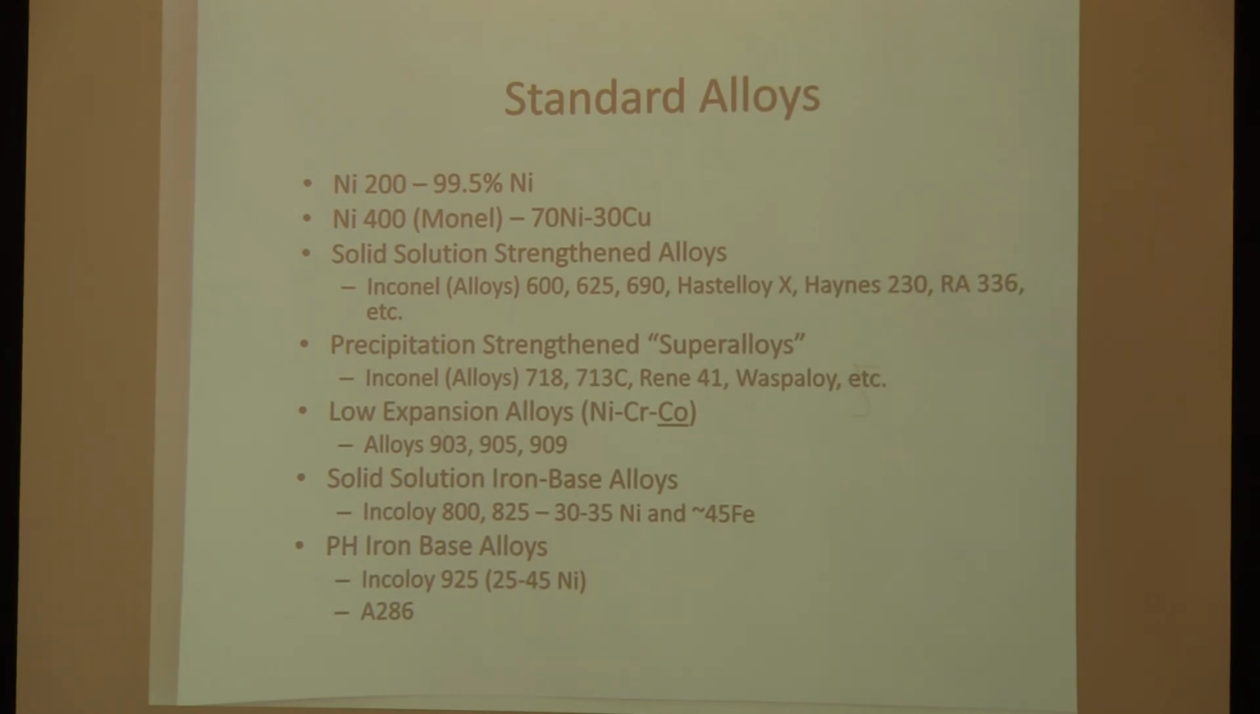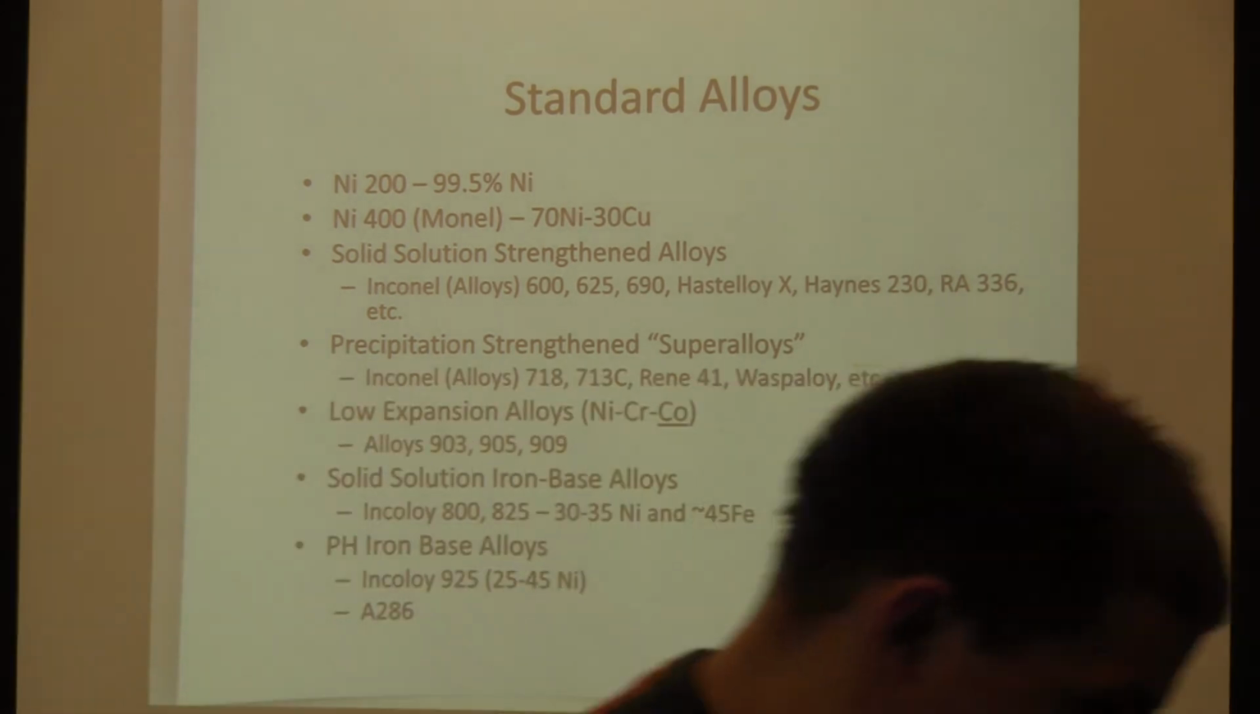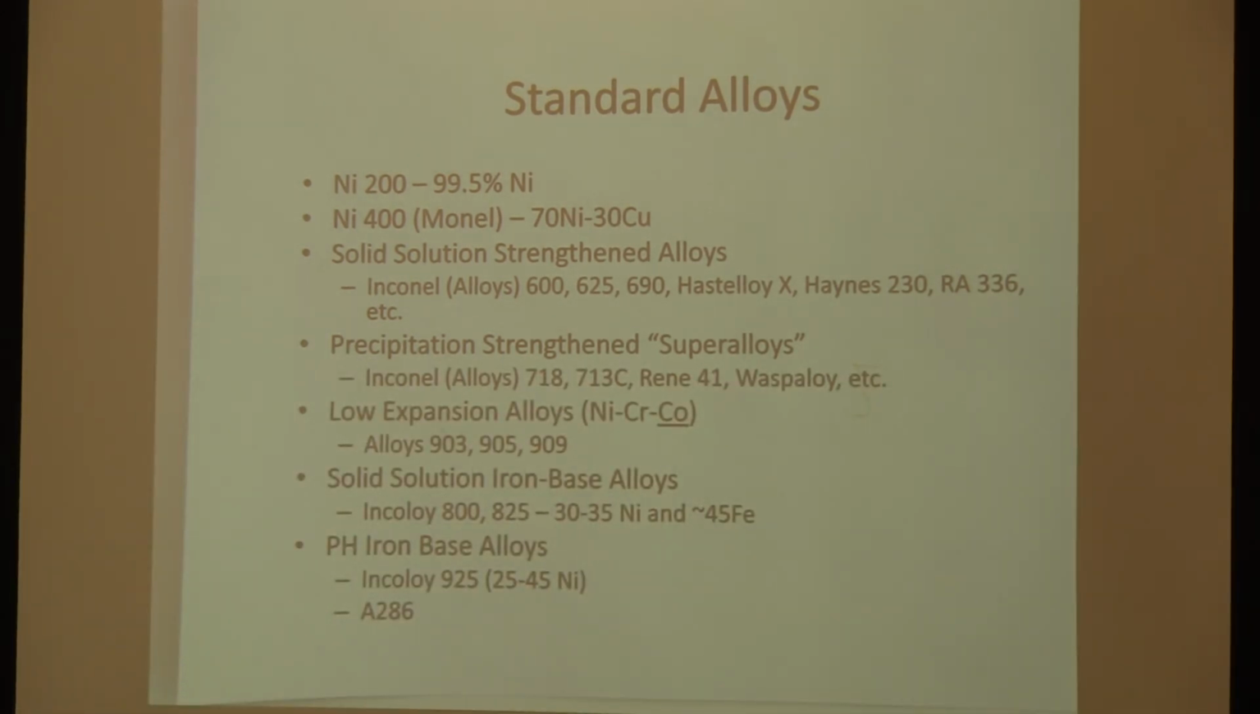Some of those that you may hear of are Inconel alloys, 600 and 625 or 690. They used to be called Inconel. Now the patents have run out and they're just called Alloy 600 and Alloy 625, etc. Some of the other ones are Hastelloy X, Haynes 230, RA 336, just some names of these solid solution strengthened alloys. The next main group is the precipitation strengthened alloys, which includes alloy 718,